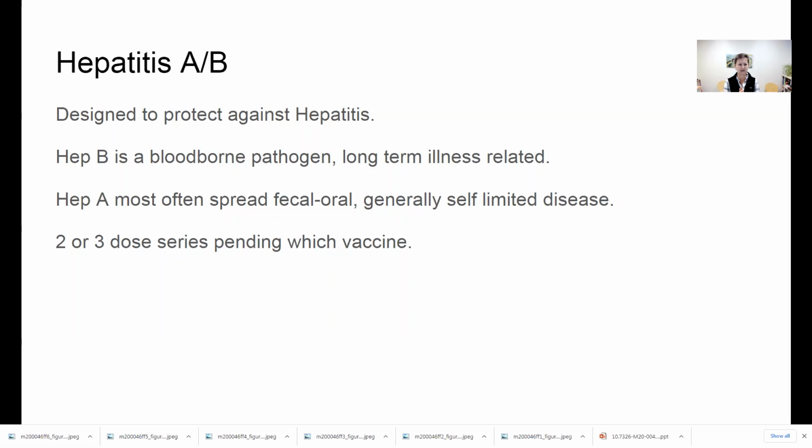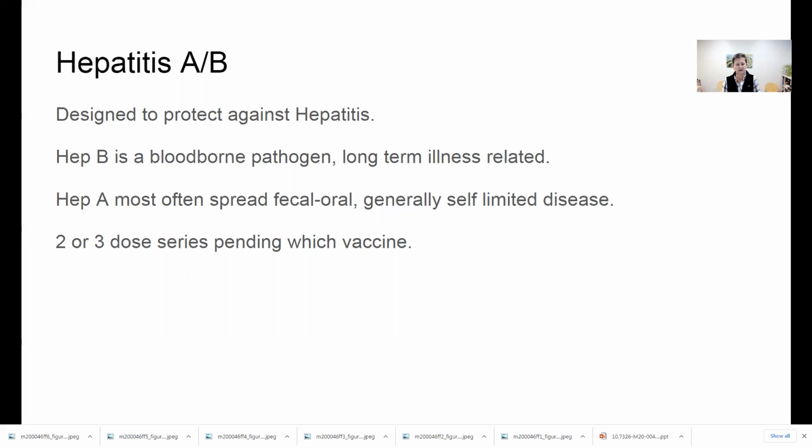All it takes maybe in a restaurant is a food handler who goes to the bathroom, doesn't wash their hands well, and now there's Hep A on your food. These are 2 or 3 dose series at this point. If you were going to a third world country, I'd probably make sure you have Hep A,